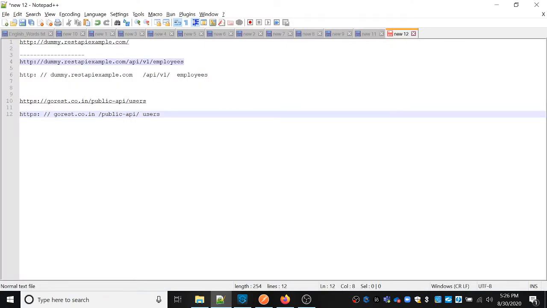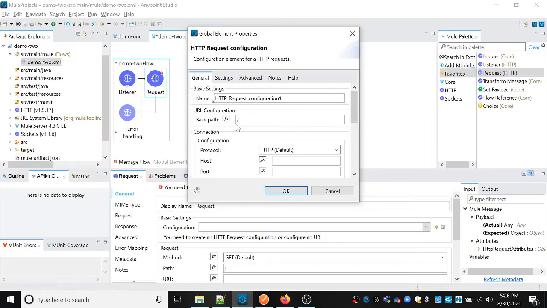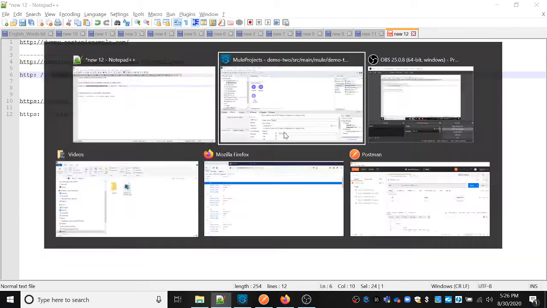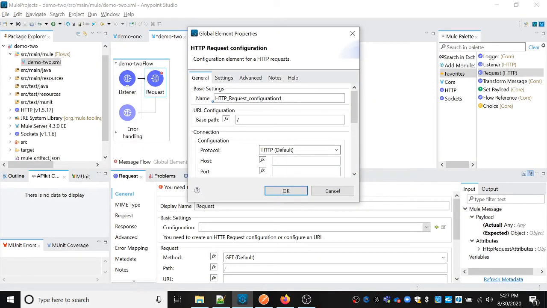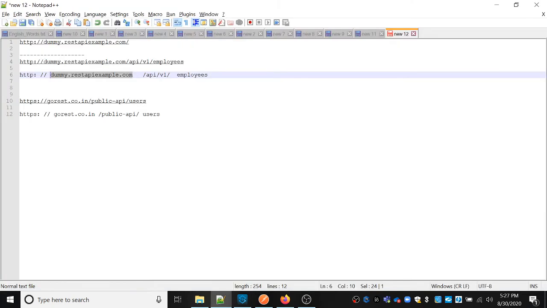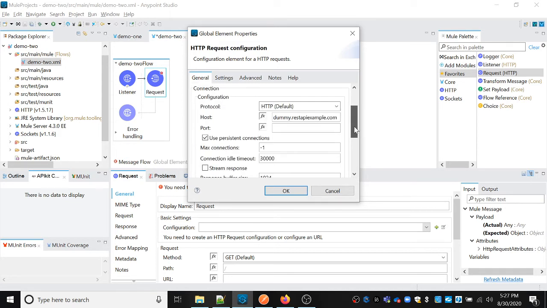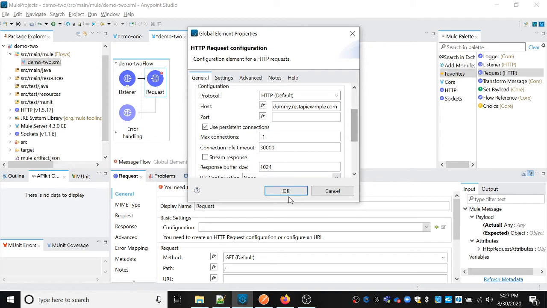This is my endpoint, and here is the host: dummy.restapi example.com. This is the host of this endpoint. Let me copy the base path. The base path is this. Okay, there is nothing more to provide here.